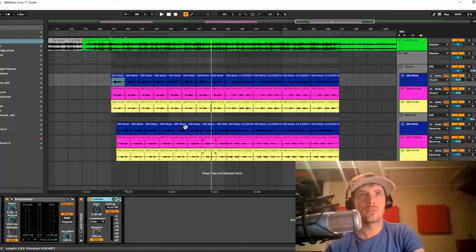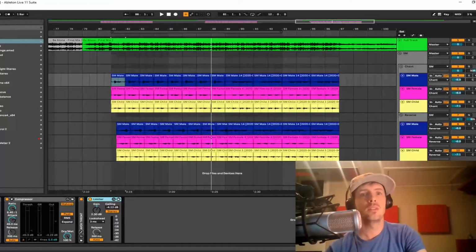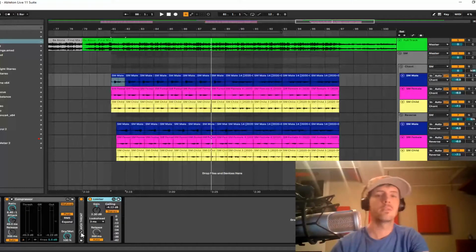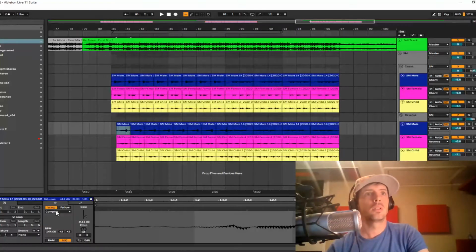So just record new takes. But you've got to get the timing pretty close, because too much variation can blur the clarity of your message. Like I said, I use Avox throat to refine the shape of the voice. But you can also go directly into the clip editor, change your pitch, use Complex Pro, and change your formants and envelope to match the kind of sound that you're going for.